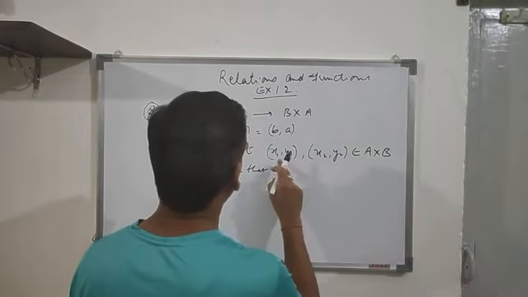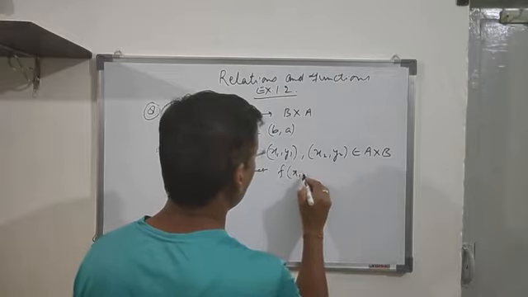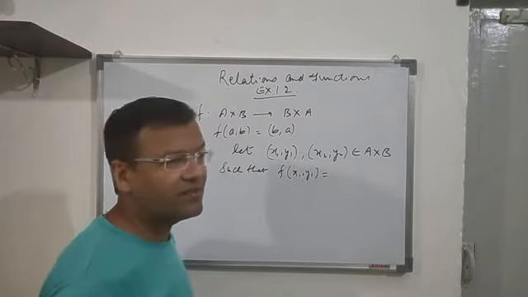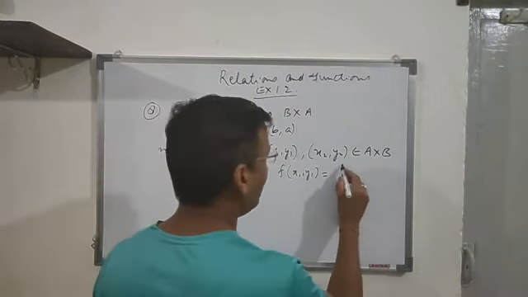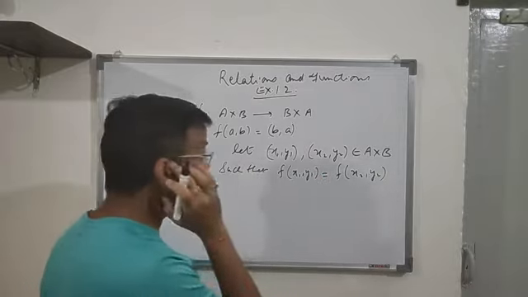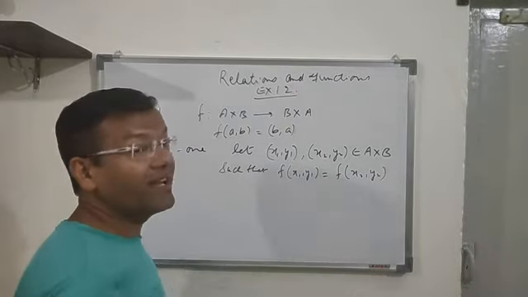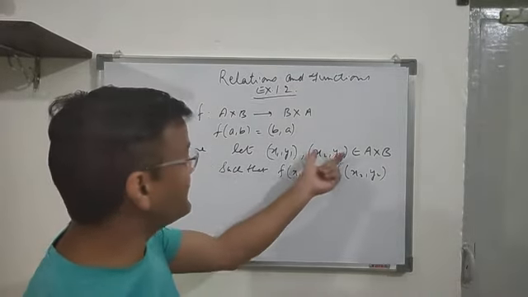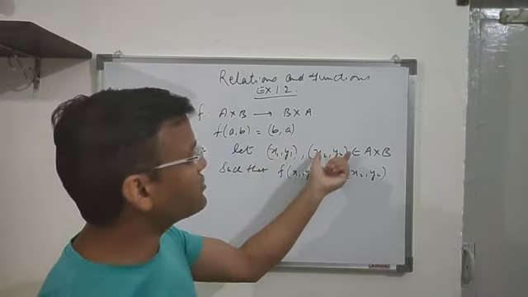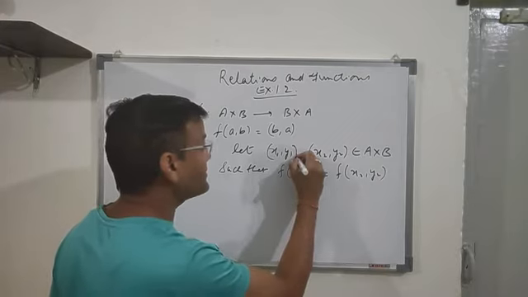So it is f of x1 comma y1, the same method I'm using here, except that there's a difference of the element. There we take the ordered pair f of x2 comma y2. So what we have to show here? The functional values are equal, so we have to prove that the elements are equal. That means we have to prove that this element is equal to this element. Now it is f of x1 y1.